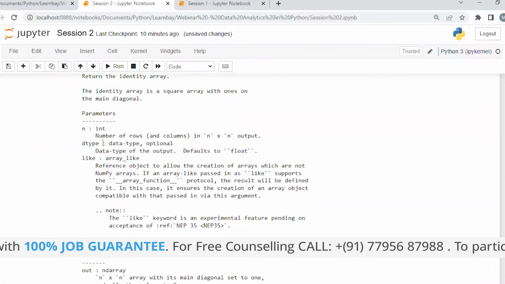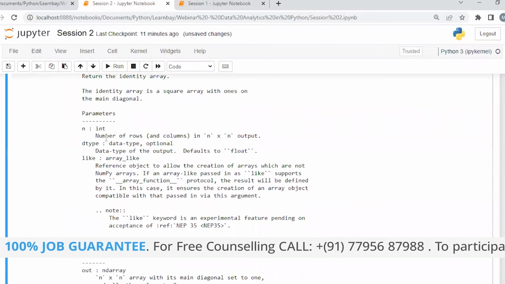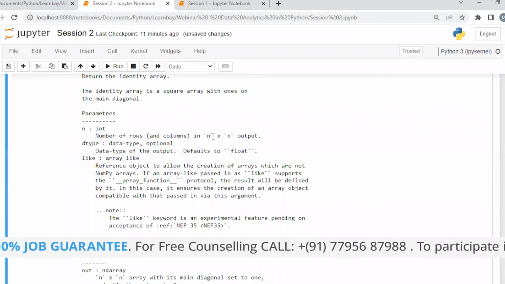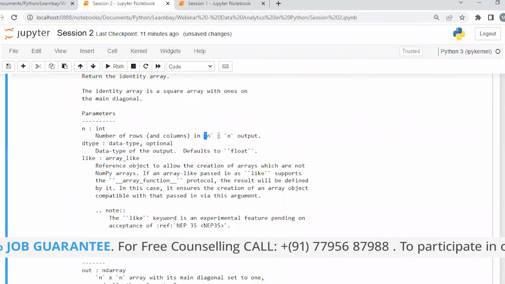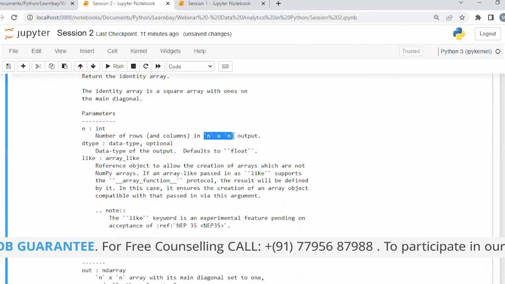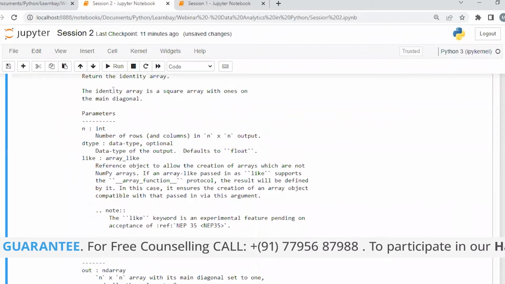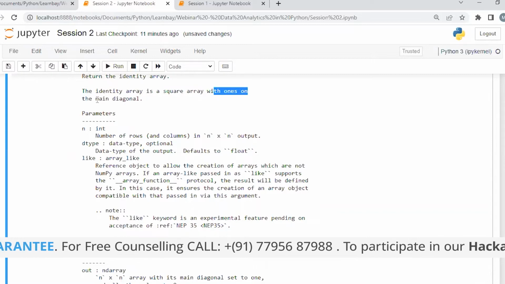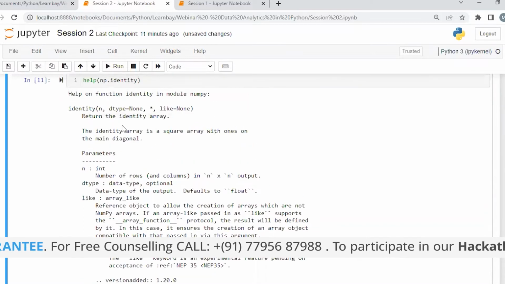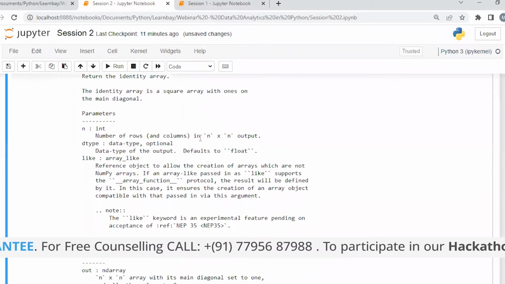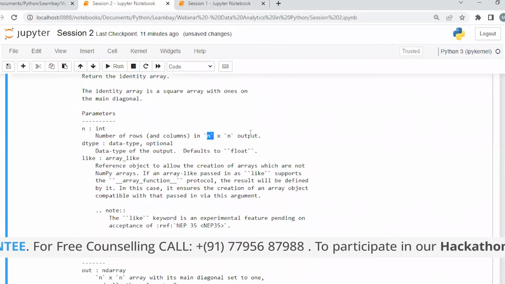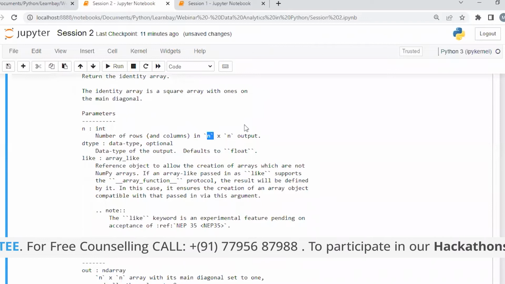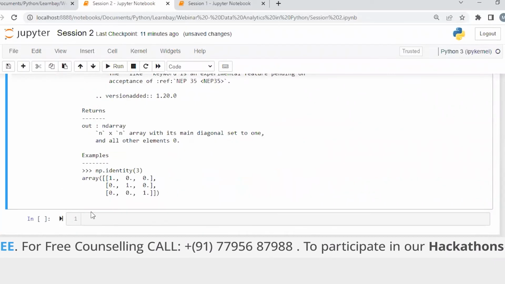This n is an integer value that gives the number of rows and columns. Basically, if you provide n, it gives you an n cross n output, a 2D array always. An identity array is a square array with ones on the main diagonal. So it only takes the value of n and creates an n cross n matrix. But in case of I,